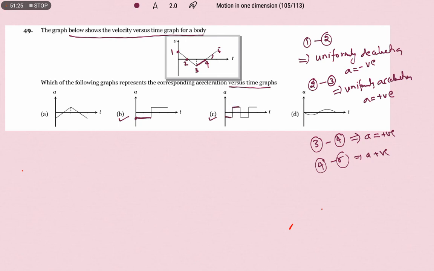Okay, right. And next 3 to 4. What will happen? Again its direction of motion is changing into the opposite direction. That's why negative. And then 4 to 5, the particle will be moving with positive acceleration. This is positive acceleration. So here only a continuous graph we can see in B. So B is not our option. So C will be our required graph. Okay, right.